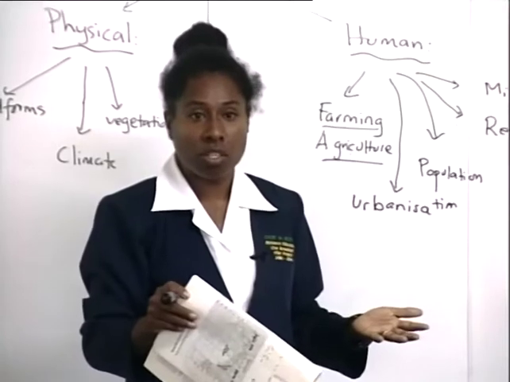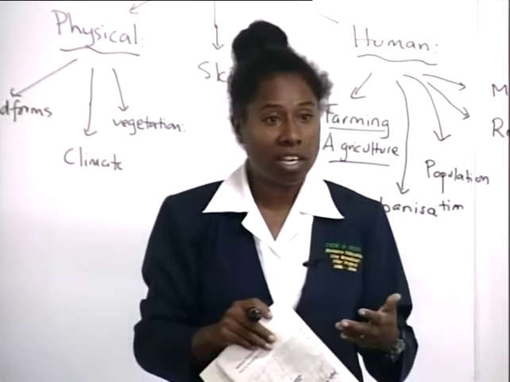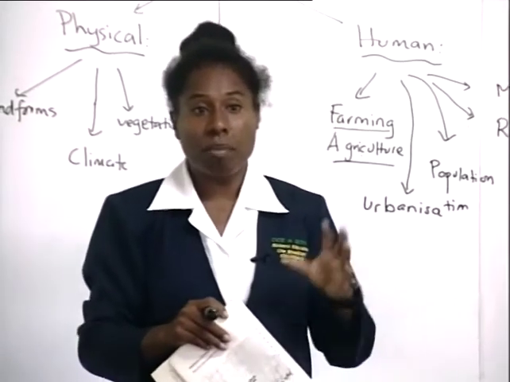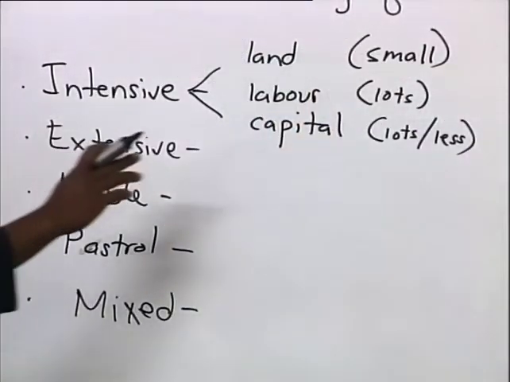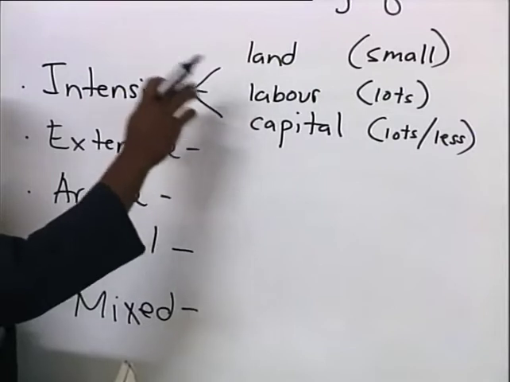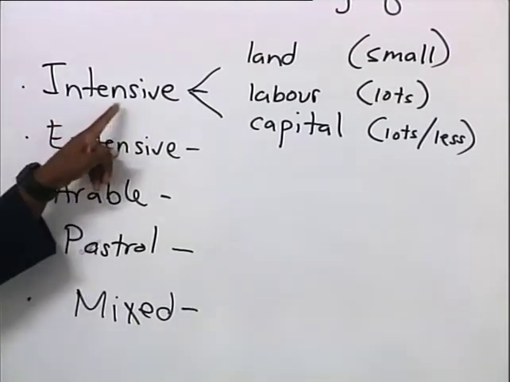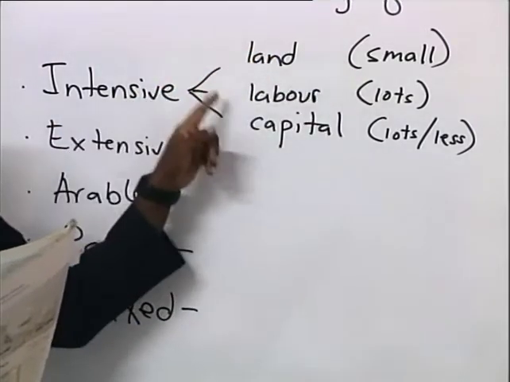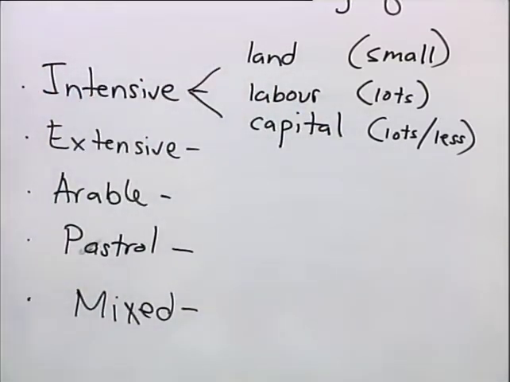A lot. There'll be lots of capital required because here they're looking at technology and they have access, so they can use the machines to do most of the work out in the farmland or the field. So that's why capital will really depend upon whether we are in a developed country or developing country, that's one, or two, capital will depend upon what type of farming you are carrying out in that particular area. So therefore, for intensive farming, land is small, labor is a lot, or a lot of people working on the farmland. Capital will really depend.